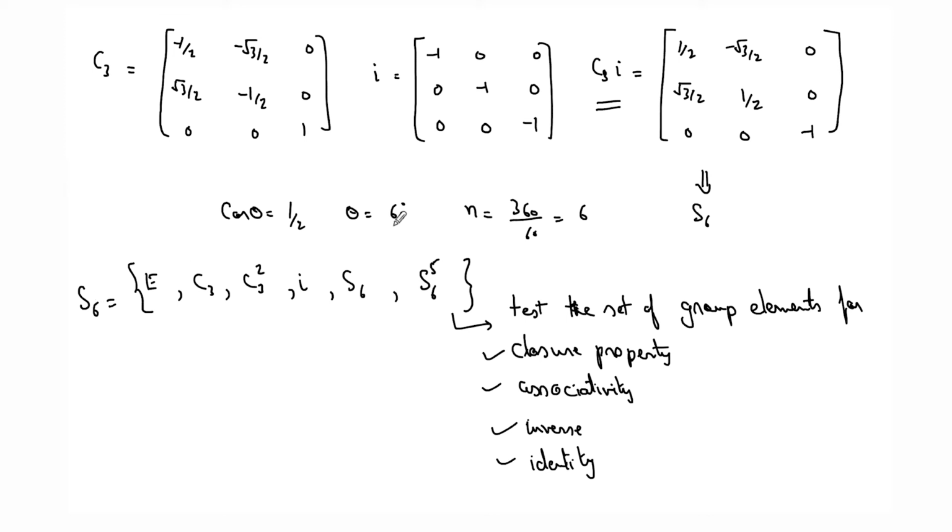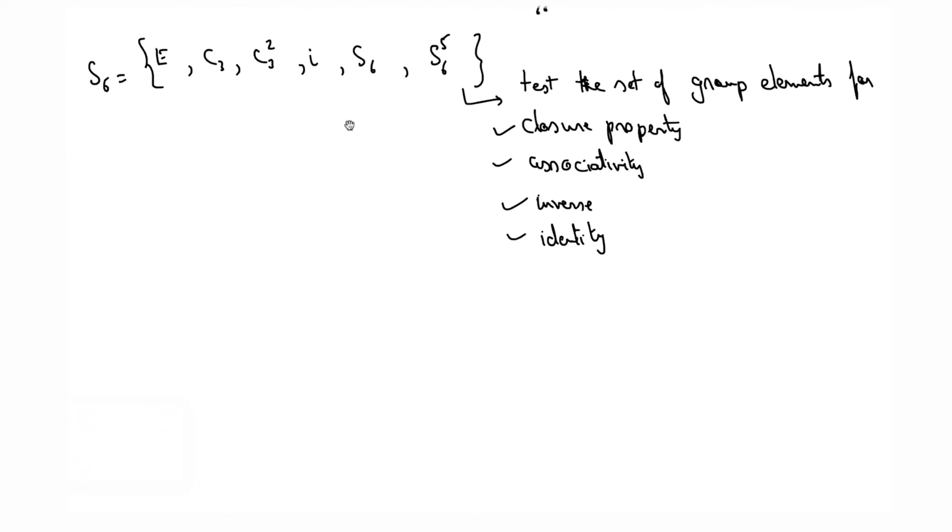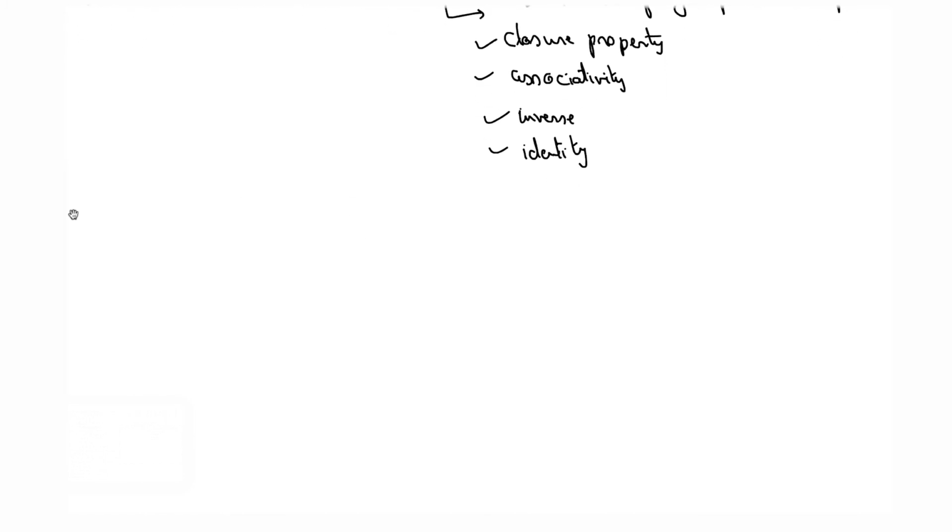Otherwise it is difficult to imagine what the point group will be by deletion or addition of a symmetry element. The same thing can be done by addition or deletion of an element also. So again, this is an important question. I've seen this coming in different exams, so that's why I thought I'll bring it up here.